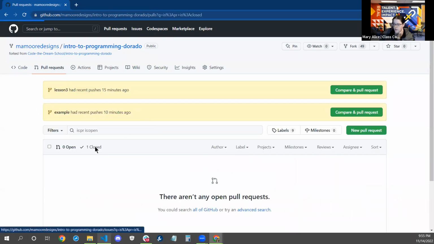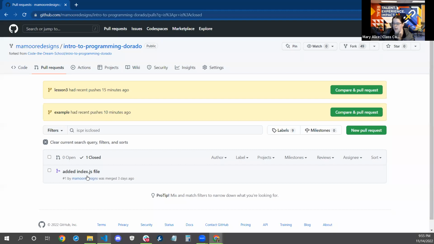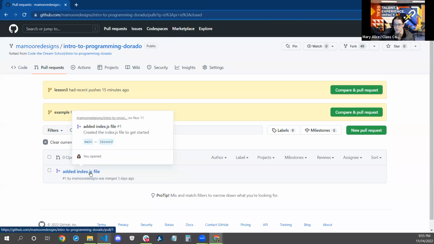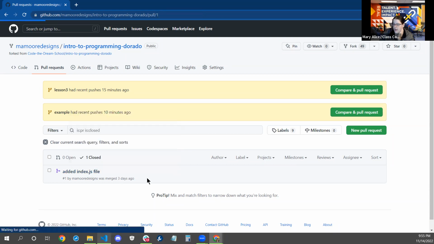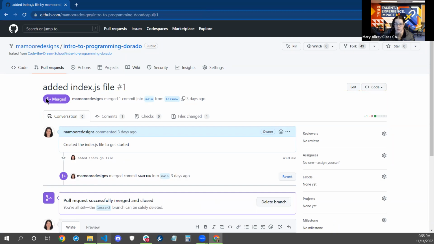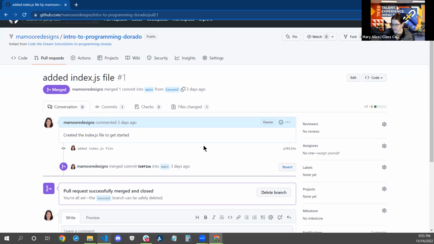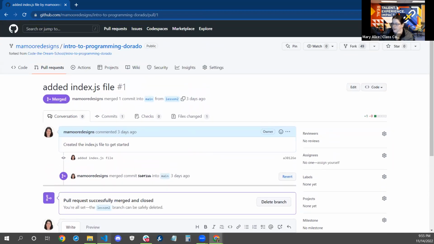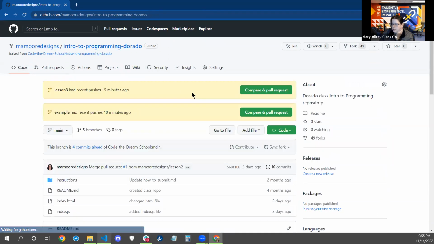Let's take a look at one of the ones I've closed so you can see. So in my lesson 2 branch was where I created that index.js file. I added an index.js file when I was in lesson 2. And then I went ahead and merged it to main. So that's why on my main, you do see the index.js file, is because I had already merged it and updated it. So when you first are creating a pull request,